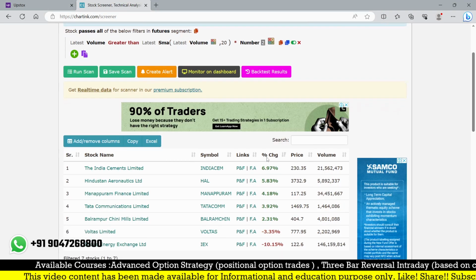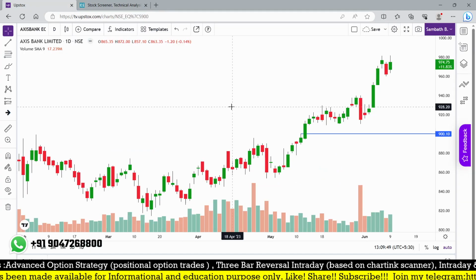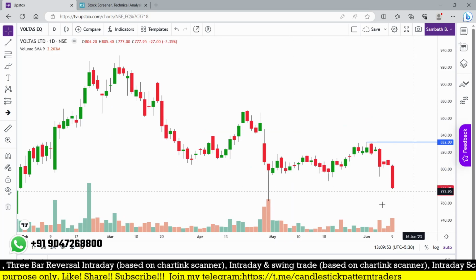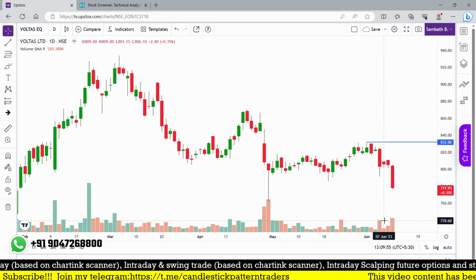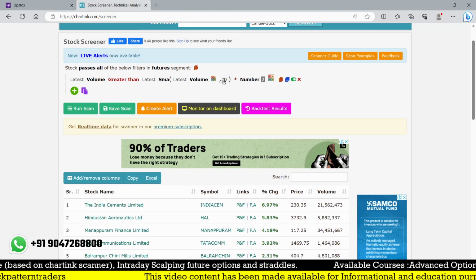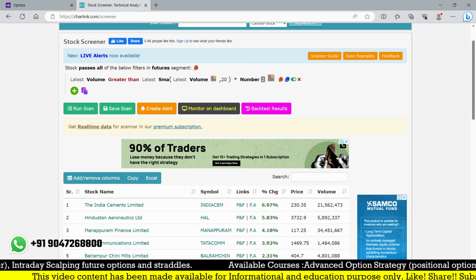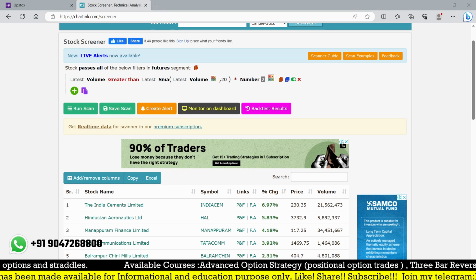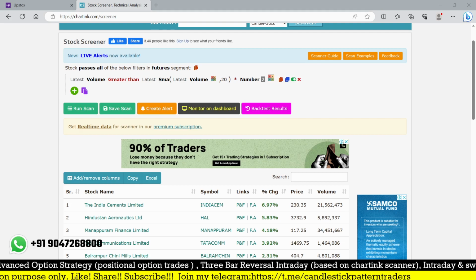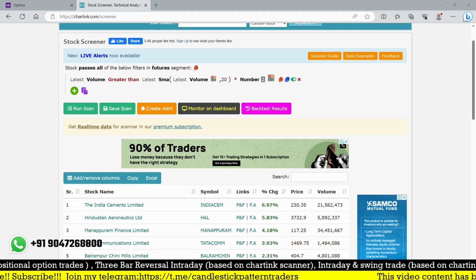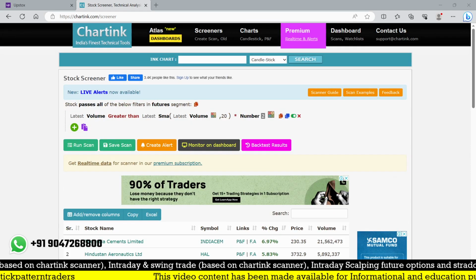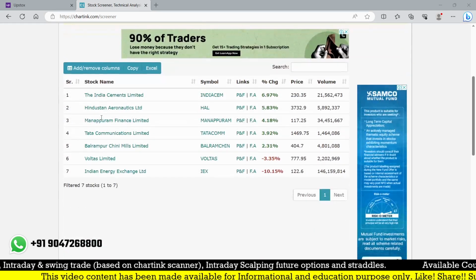Let me check any random one. So Voltas. Voltas, it's about a volume. It's comparing to the last how many days, 20 days, which we are given. So here is the number of days. We are going to find out the stock which is giving you the breakout